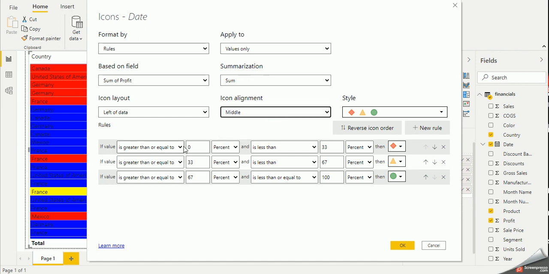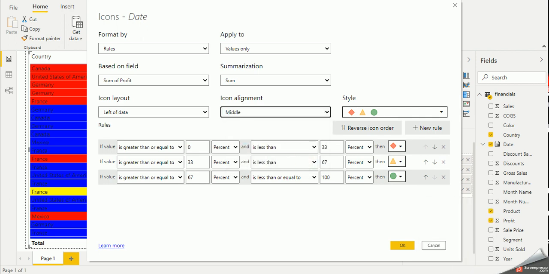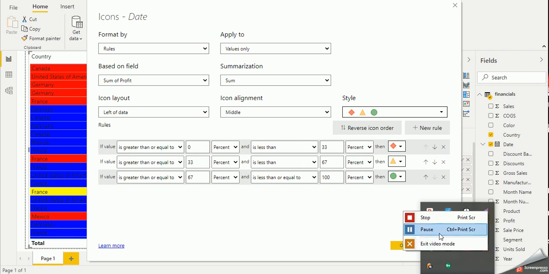So 0 to 33 percentage, I will represent with this sign, and from 33 to 67, it will represent the 66% of the data.